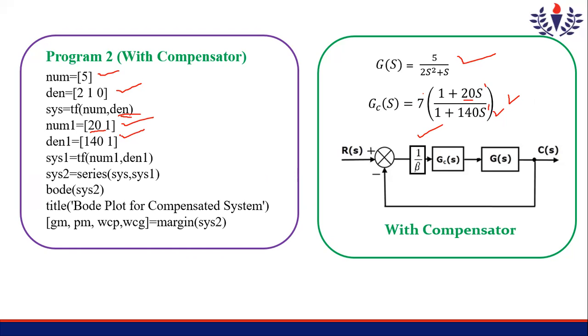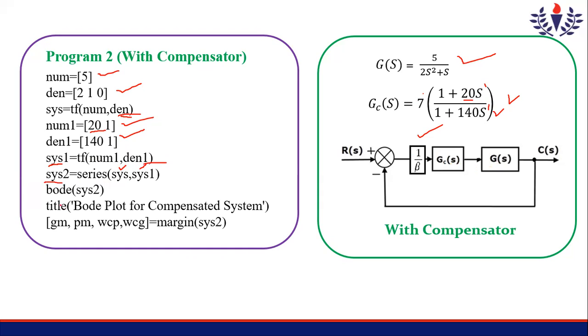So once we know this numerator and denominator, we frame the compensator transfer function, that is TF of numerator 1 comma denominator 1. So now these two are in cascade. These two are in series. So directly SYS2 equals series of the existing open loop transfer function and compensator system. We are getting it as